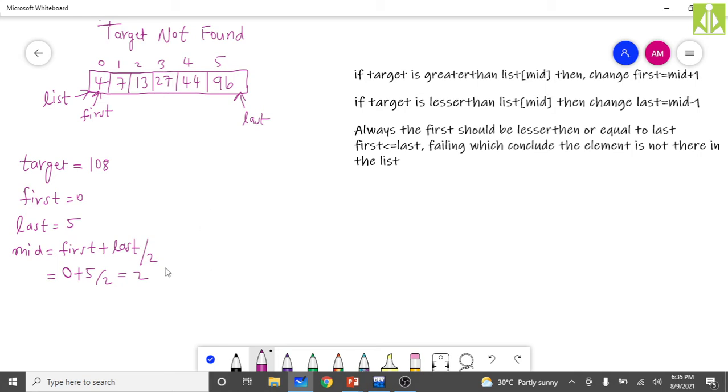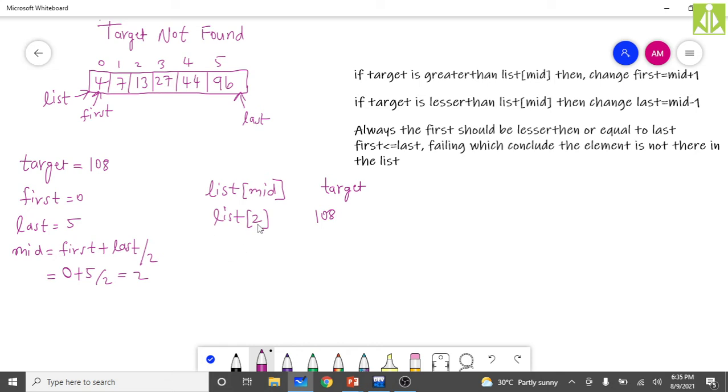Now, after getting the mid value, the immediate step is to compare list of mid with target. So over here, we are doing the comparison between list of mid and target. List of mid is list of 2, and my target is 108.